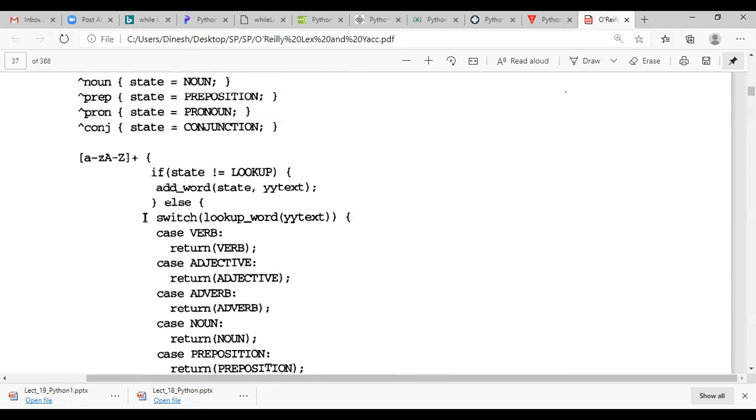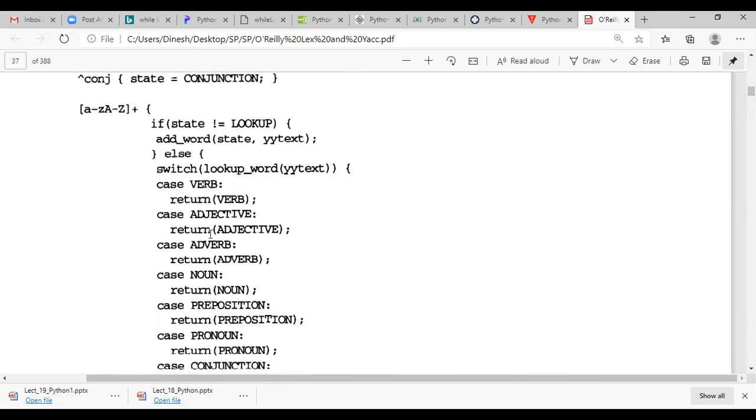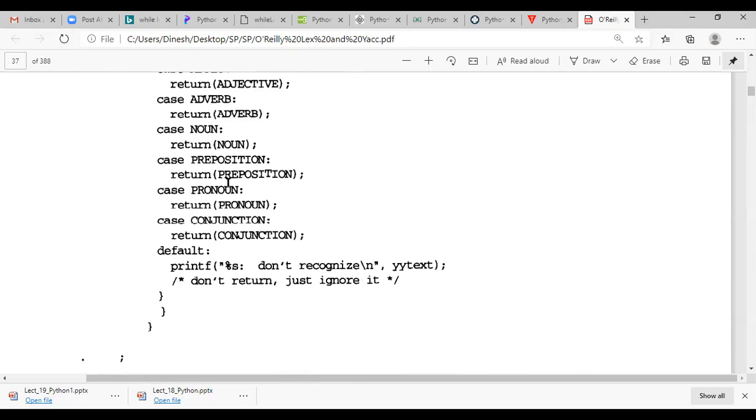You can see here small a to small z and capital A to capital Z, everything is allowed and it will be identified. If it is not identified, then it is just reported as not recognized. That means percentage is not recognizable.